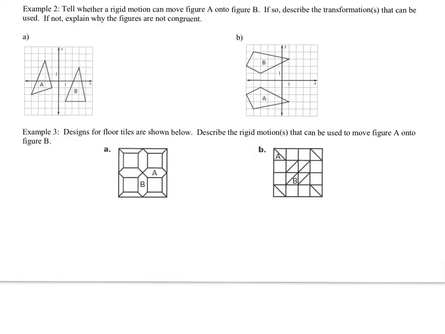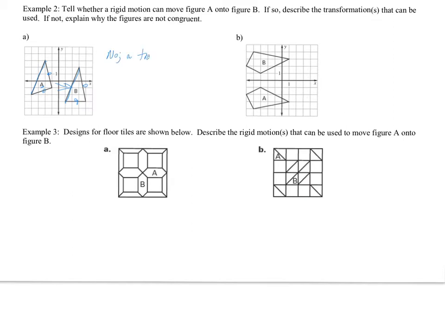Example 2. Tell whether a rigid motion can move figure A onto figure B. If so, describe the transformation that can be used. If not, explain why the figures are not congruent. If we look at part A here, if we were to translate figure A, we can map this side, but the other sides would not be congruent. Therefore, I would write no,